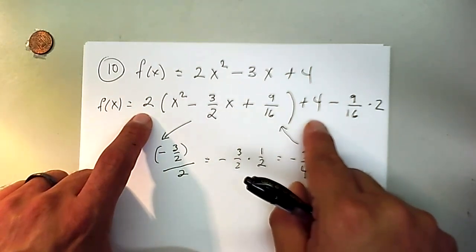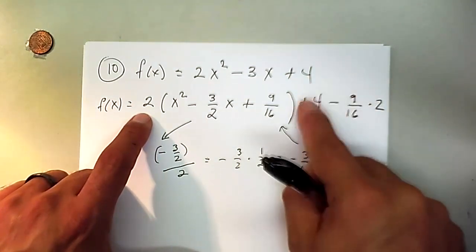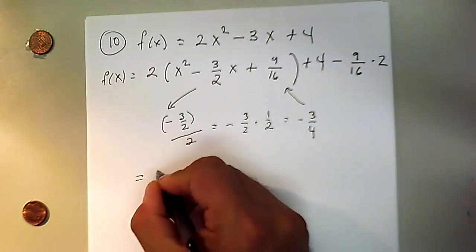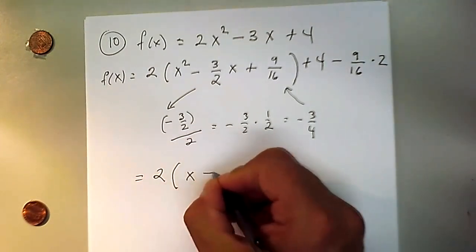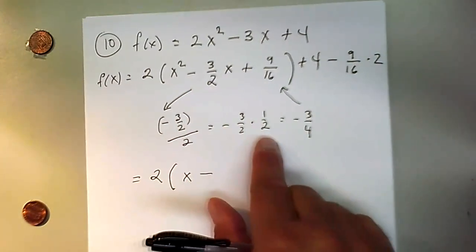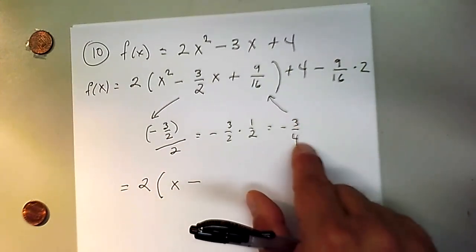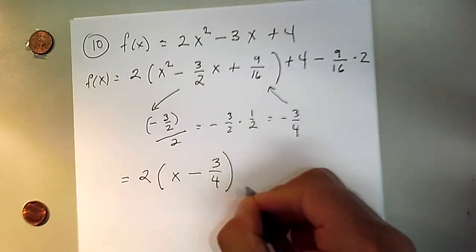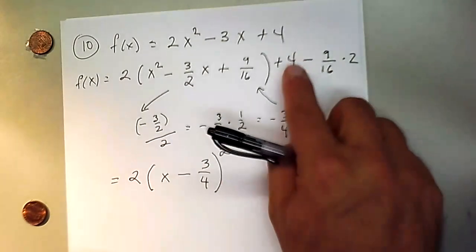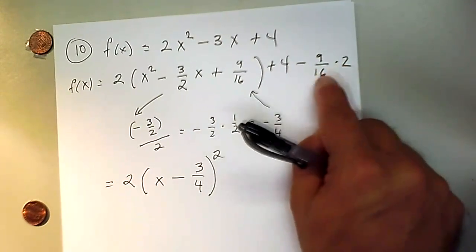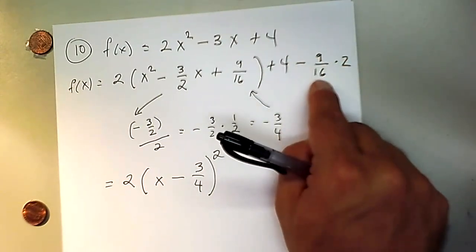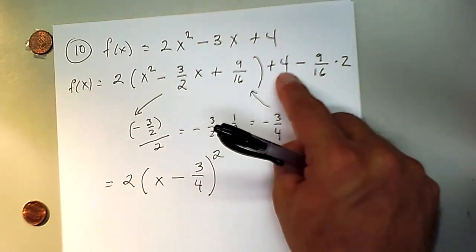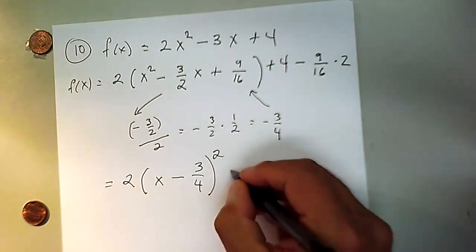All right, so we got the 4 still there. We're going to do this computation, and we're going to do this factoring equals quantity x minus whatever the number was before we square it. So 3/4, quantity squared. And then we got to do this guy. Now, simplifying that is going to give us 9/8. The 2 and the 16 simplify. So change that 4 into 8 plus